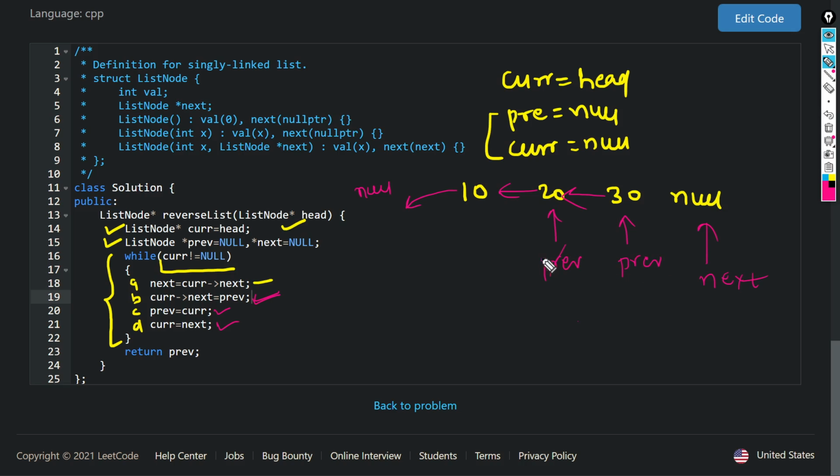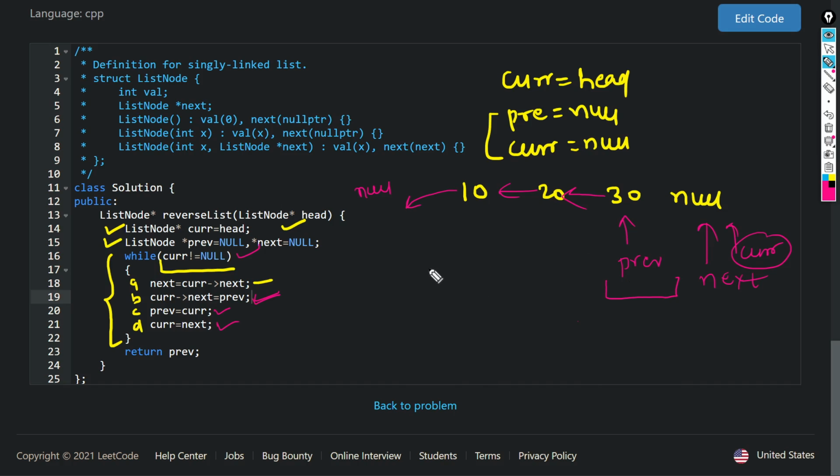Also current is pointing to null. In this condition, if current is equal to null, we are out of the loop, and whatever we have in previous, we just return.